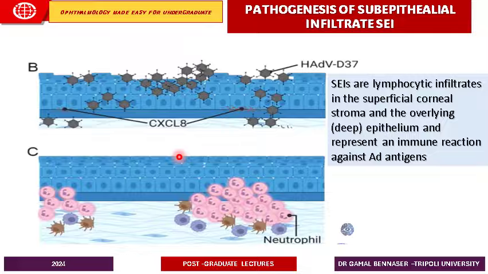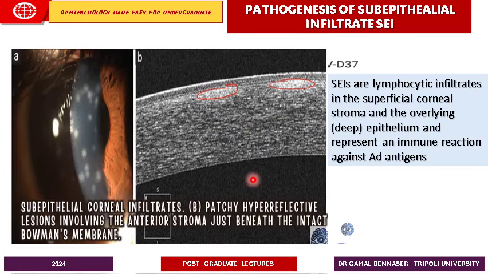Most of the time, this subepithelial infiltrate will disappear by itself or by the use of steroids, but sometimes it will stay for a long time. Now, if you see in the OCT for this patient, this is a very clear subepithelial infiltrate, and as you can see, these are hyperreflective areas seen by the OCT, and you can see the overlying Bowman's layer is intact. So this is just an acute phase of the subepithelial infiltrate, and most likely it will disappear by the use